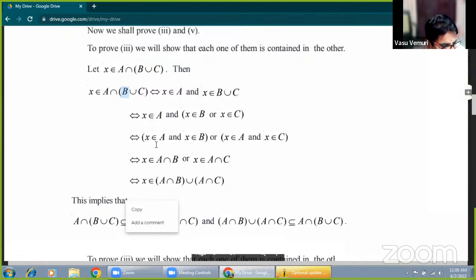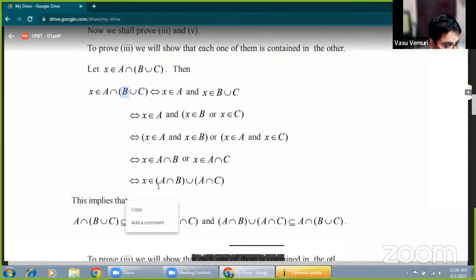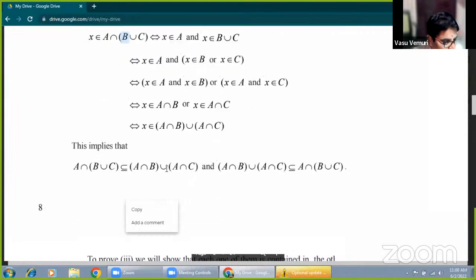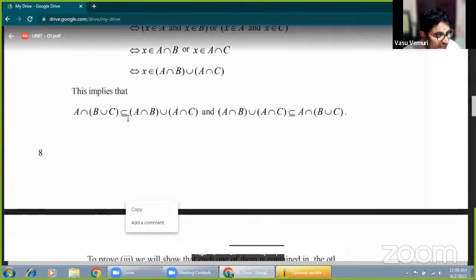Now we enter this concept. X belongs to A, and is represented as intersection; OR is represented as union. Therefore, X belongs to A intersection B or X belongs to A intersection C. Now X belongs to the common part of both. X belongs to A intersection B, represented as the union of this part. Suppose on the LHS X is one of the elements, and the RHS is also the same element. Finally, A intersection (B union C) is a subset